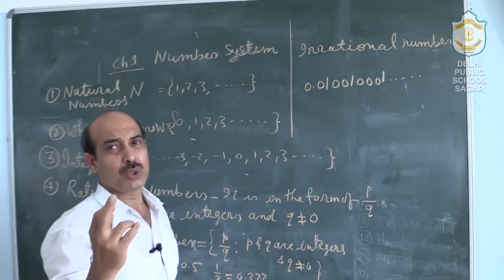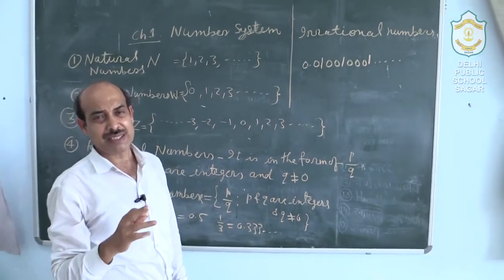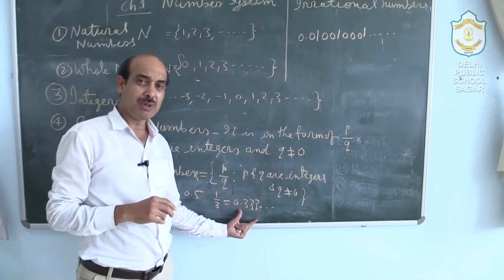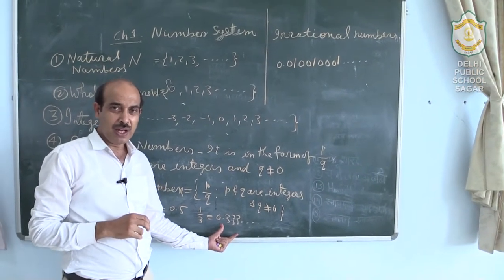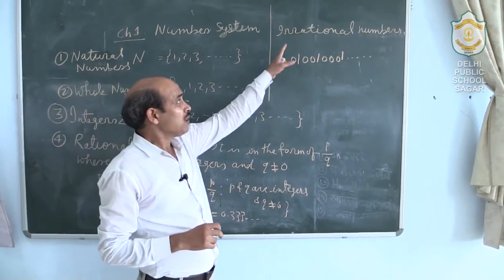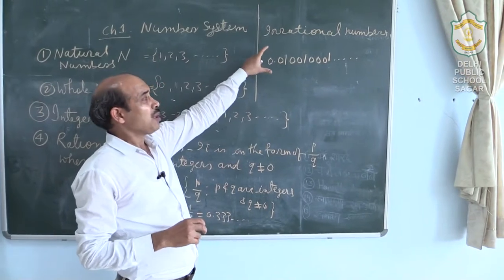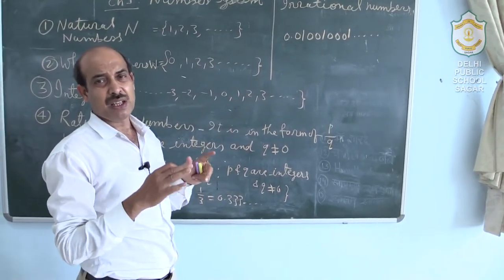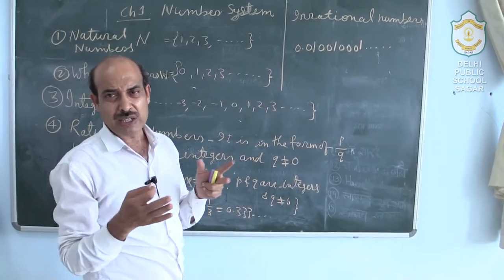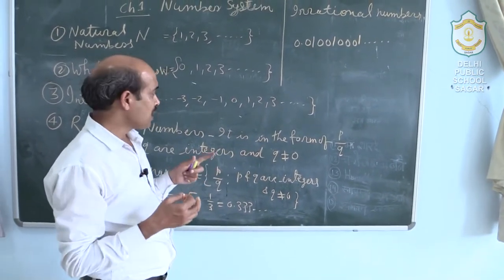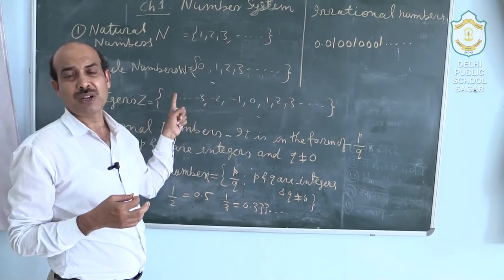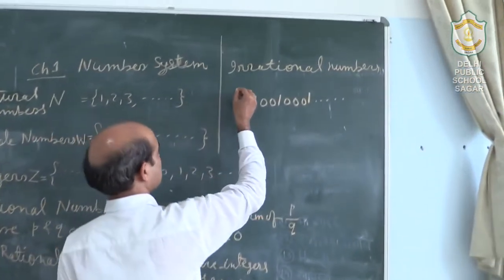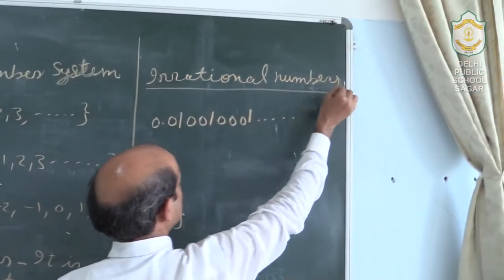The number whose decimal representation is neither terminating nor non-terminating. There may be many numbers, like rational, they are very dense; irrational also very dense, very close to each other. So we cannot write like this for irrational also. So the definition of irrational number will be